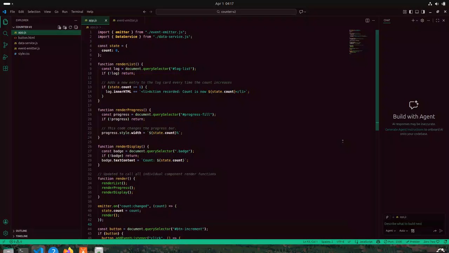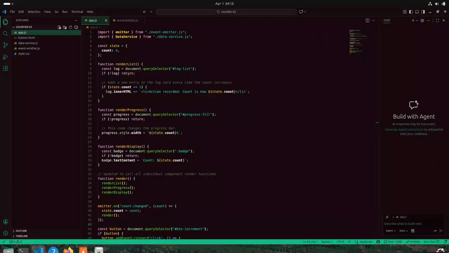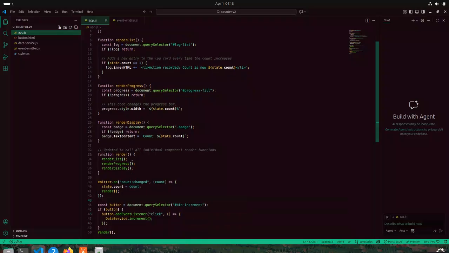So basically, to get the dashboard here, the HTML, up and running, what we had to do is complete the DOM manipulation logic inside our app.js file. So fixing it allows the state changes emitted by the data service on JavaScript to reflect in that activity log and the progress bar. So after updating here,